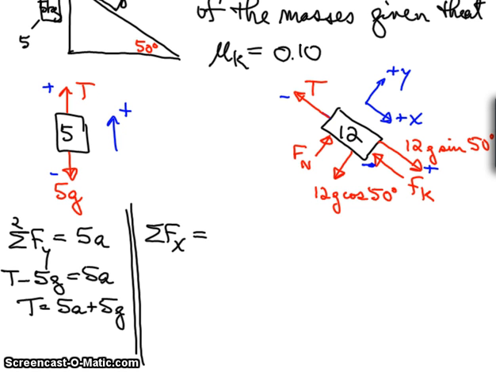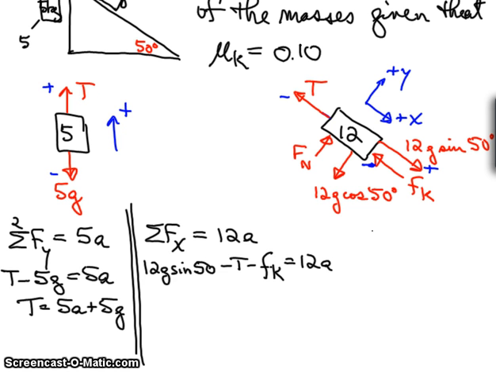And that's going to equal MA or 12A. So we've got three forces. Let's put them in there. We've got 12G sine 50, and we will calculate these numbers in a minute. We have minus the tension minus the frictional force equals 12A. All right, so we can start putting in some numbers now, but first let's do the Y